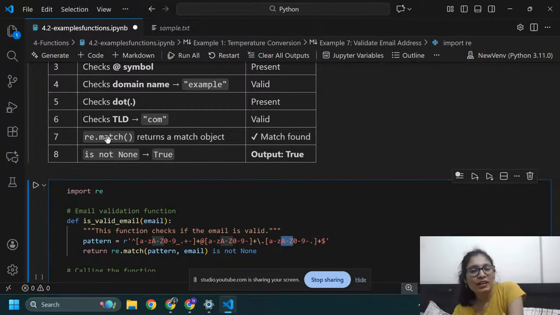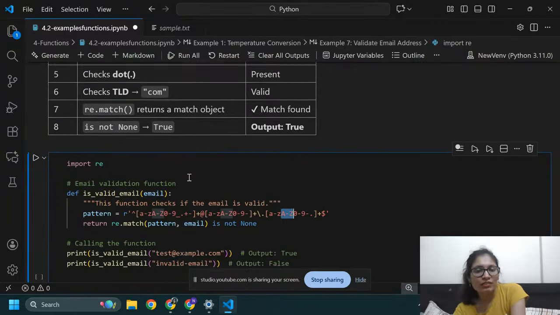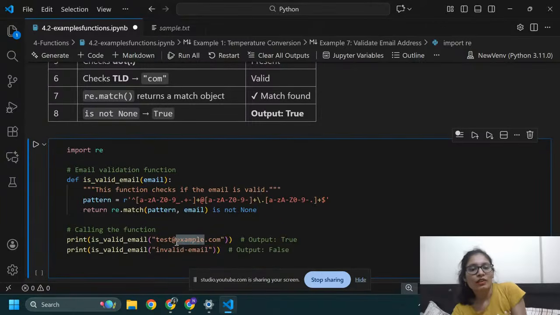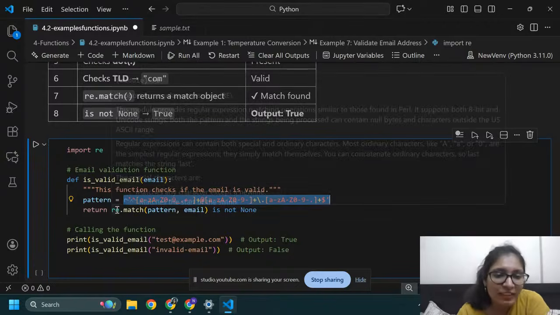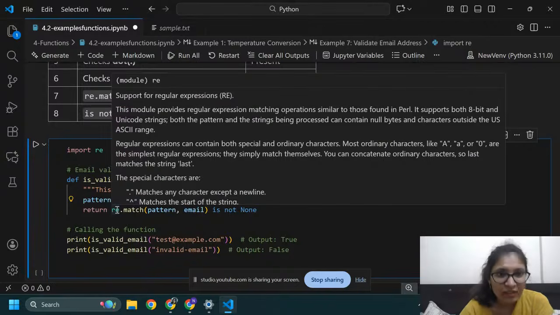Now re.match returns the match object if a match is found. Here I have this email, so a match is found. Then it will return pattern and email. Return re. re means regex, regular expression. Support for regular expressions, re.